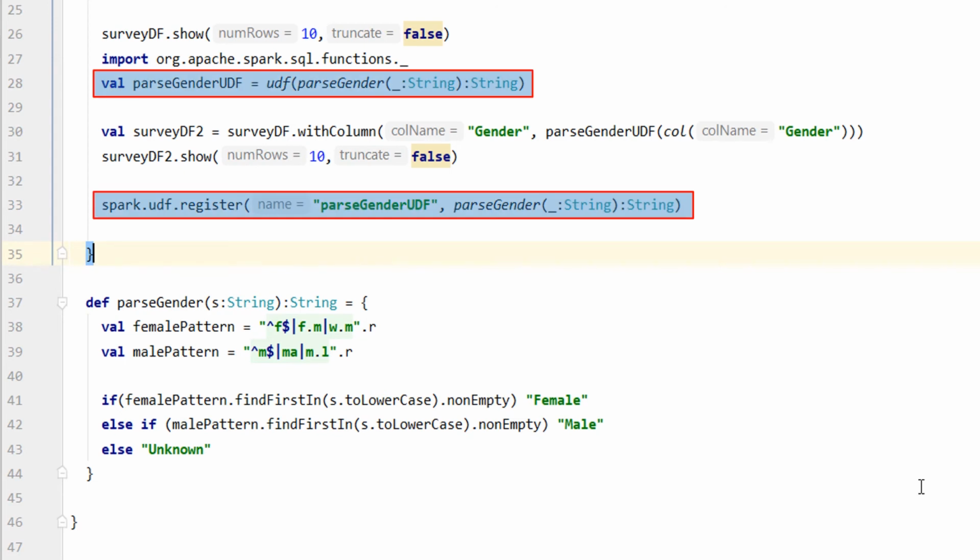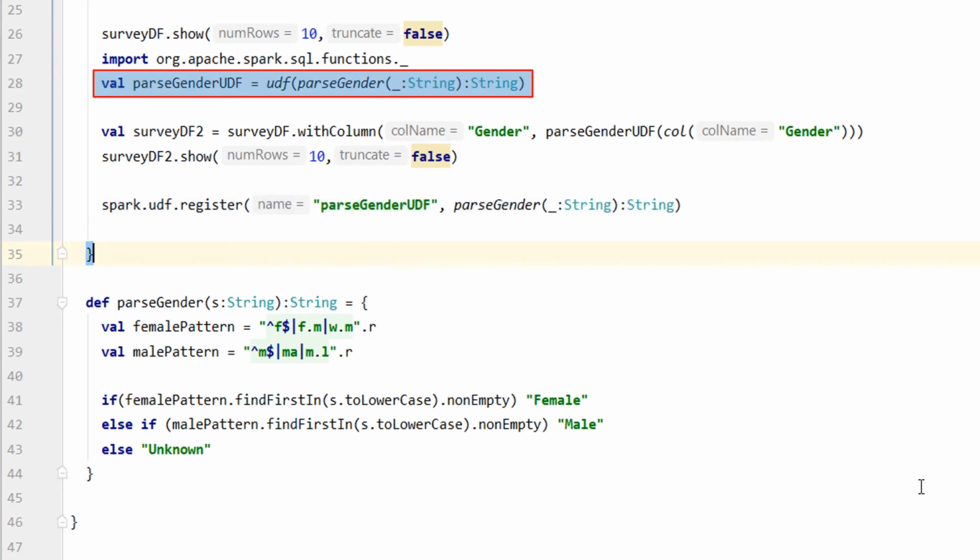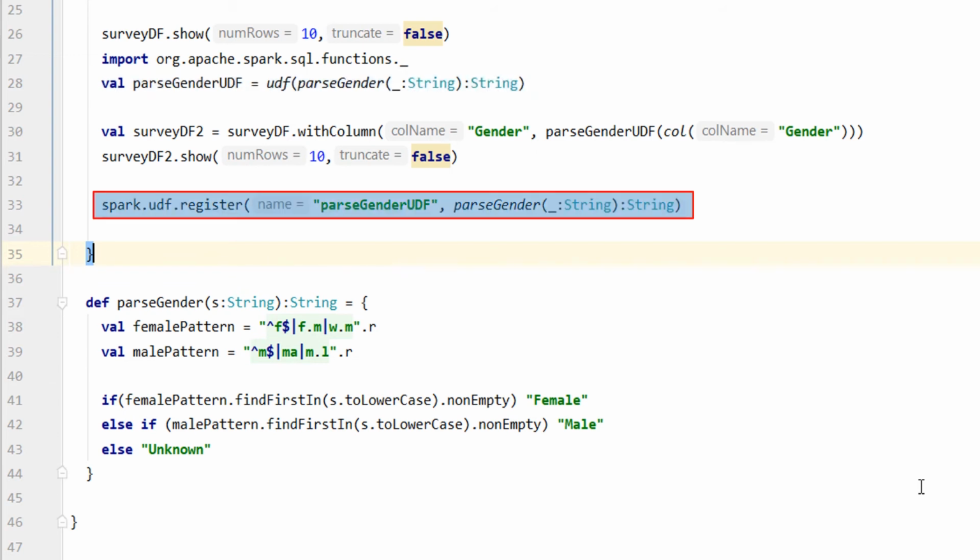So these two registrations are different. The first one is to register your function as a data frame UDF. This method will not register the UDF in the catalog. It will only create a UDF and serialize the function to the executors. The second type of UDF registration is to register it as a SQL function. This one will also create one entry in the catalog.